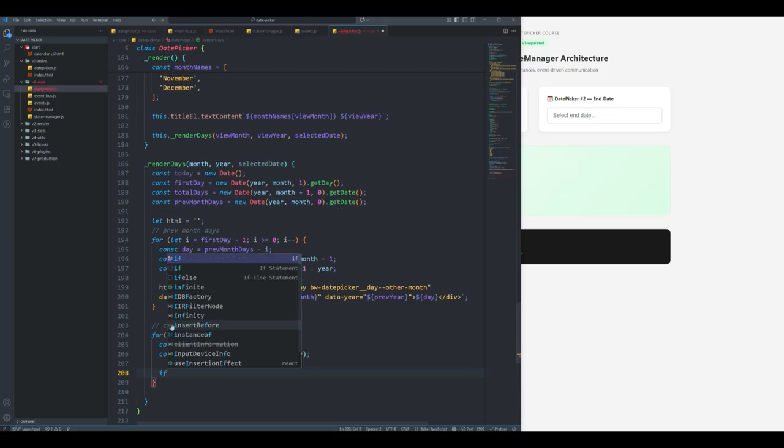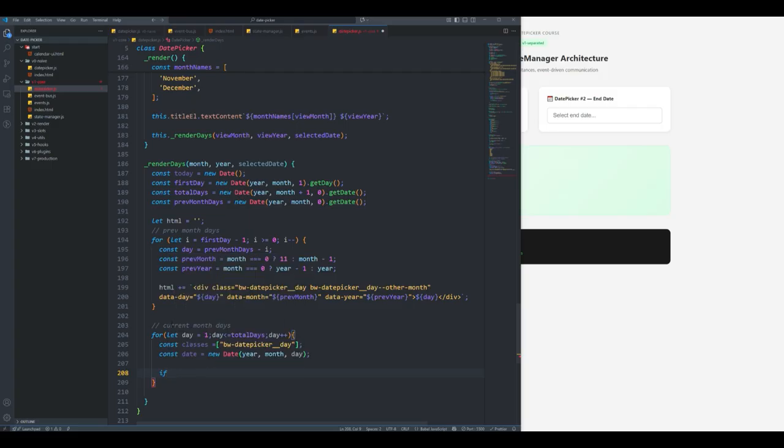Now we need to check if it is today's date, we will add the today class, and if it is selected, we will add the selected date class, and if it is a weekend, we can add a weekend class, and then we will create our HTML for current month days. So let's add the check here. If this.isSameDay, we'll create this method later to check whether both dates are the same or not. It takes date and today. We pass these two